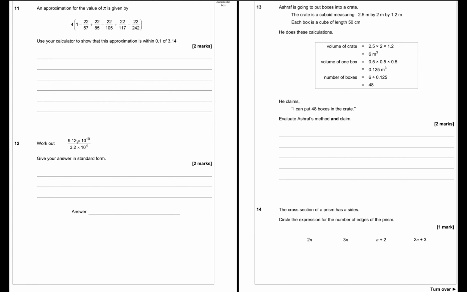Okay, question 11. An approximation for the value of pi is given by this big sum. Use your calculator to show that this approximation is within 0.1 of 3.14. So, all you need to do here is put this into your calculator. Make sure you're careful, check all your numbers twice. So, when you put it in, you're going to get